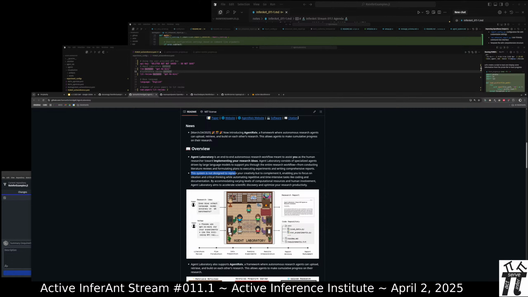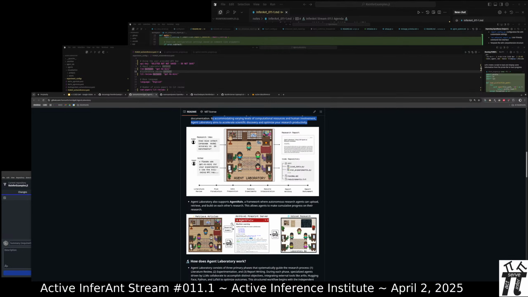This system is not designed to replace your creativity, but to complement it, enabling you to focus on ideation and critical thinking while automating repetitive and time-intensive tasks like coding and documentation. By accommodating varying levels of computational resources and human involvement, AgentLaboratory aims to accelerate scientific discovery and optimize your research productivity.